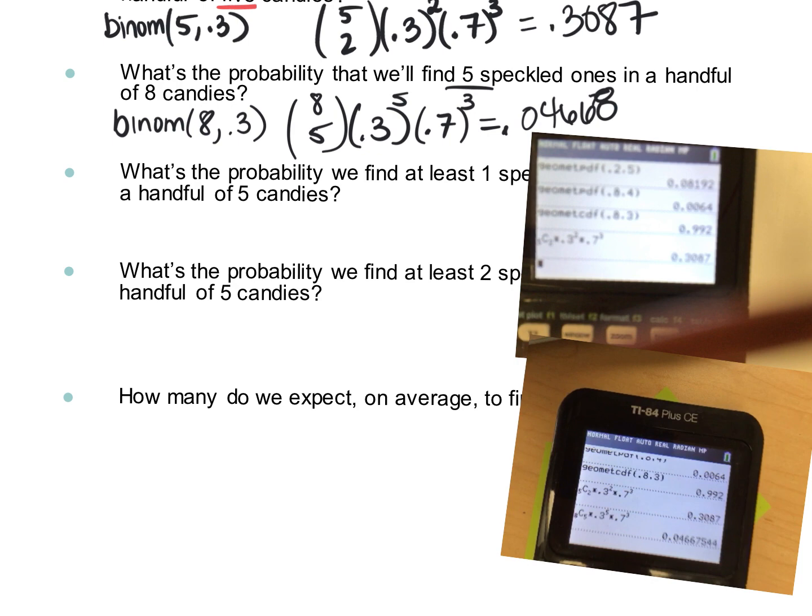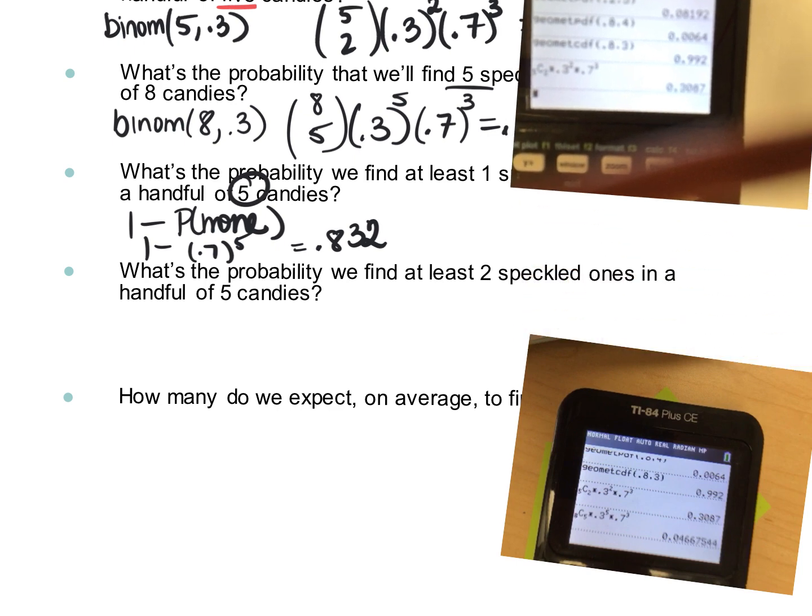What's the probability we find at least 1? We learned in the first chapter, at least 1 is 1 minus the probability of none. So that's 1 minus 0.7 to the 5th, out of 5 candies. 0.832. And tomorrow, this was a question we got in chapter 14. Well, what if it says at least 2? How do we do that? We'll talk about that tomorrow. Okay. Tonight's homework is on chapter